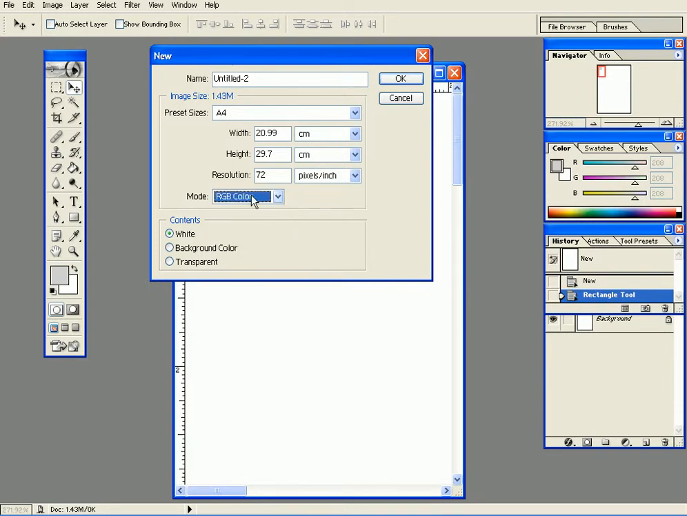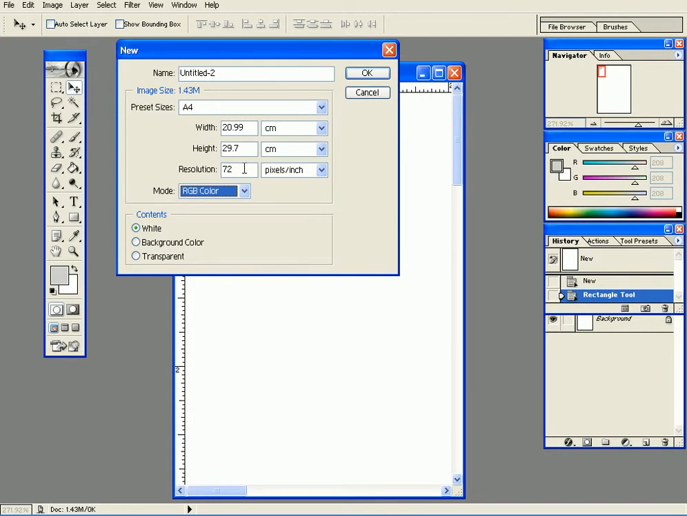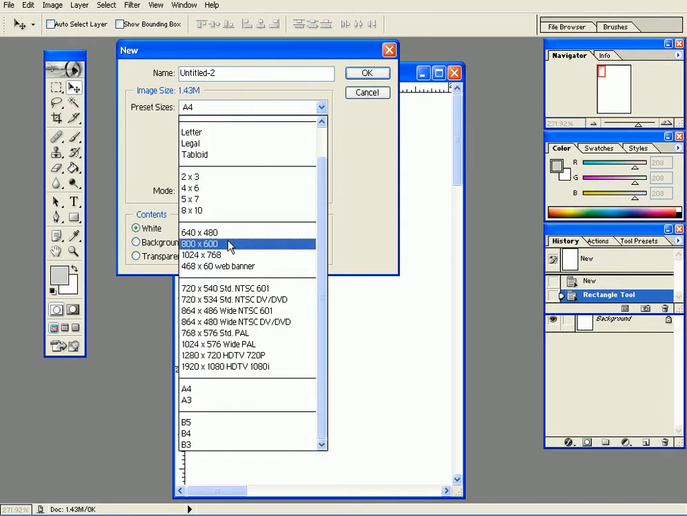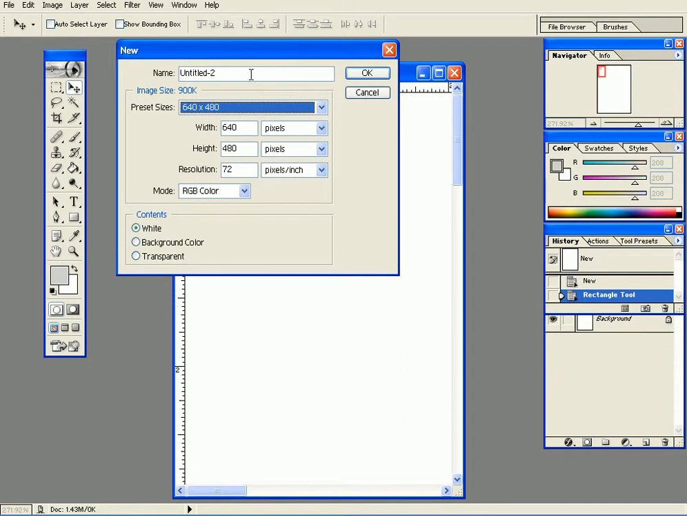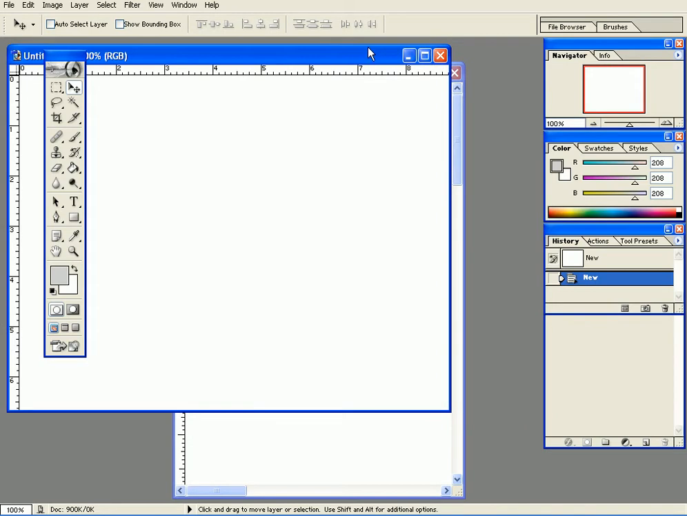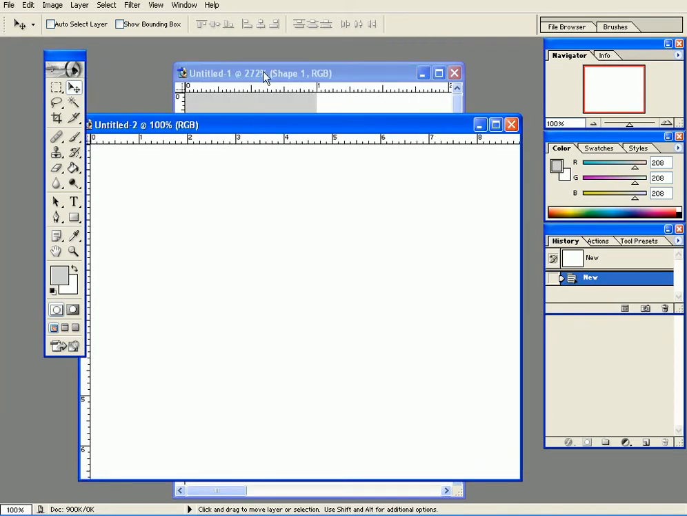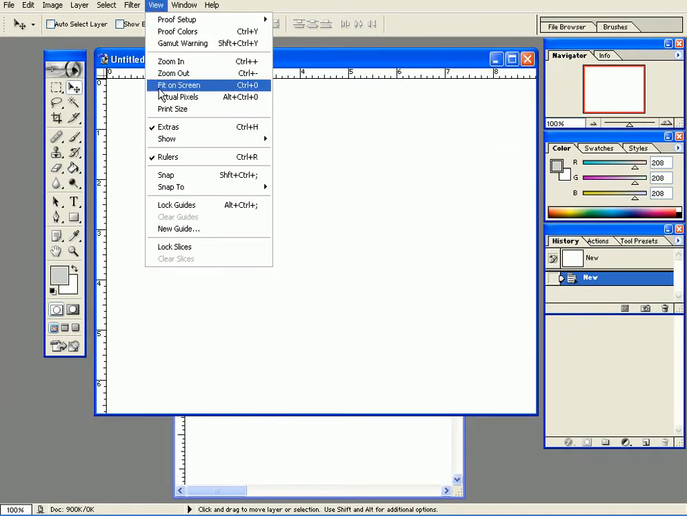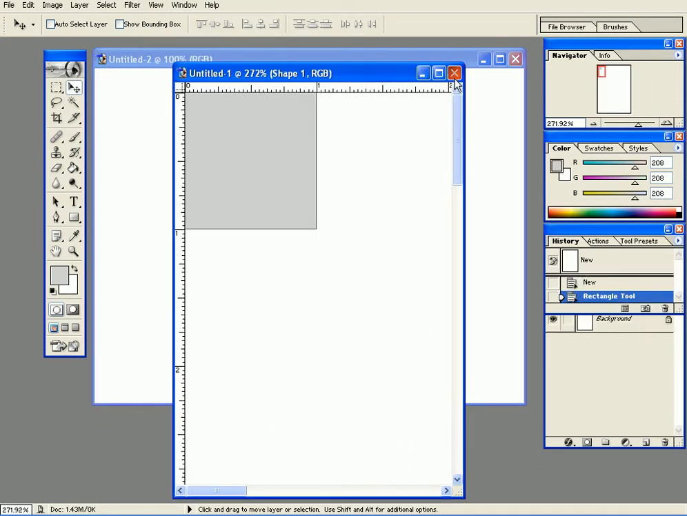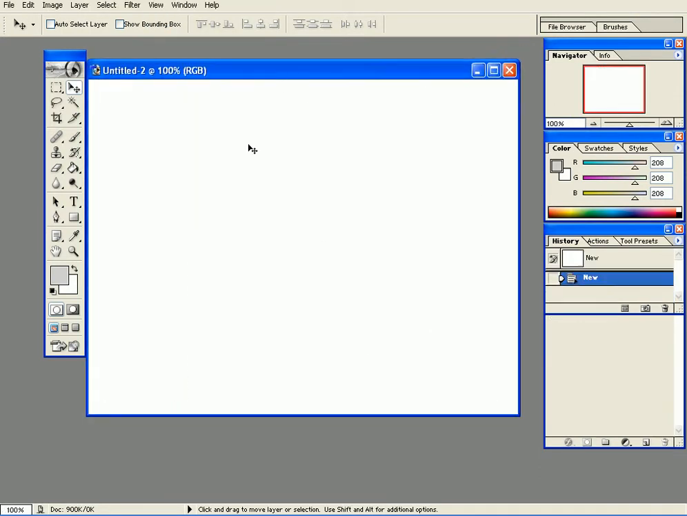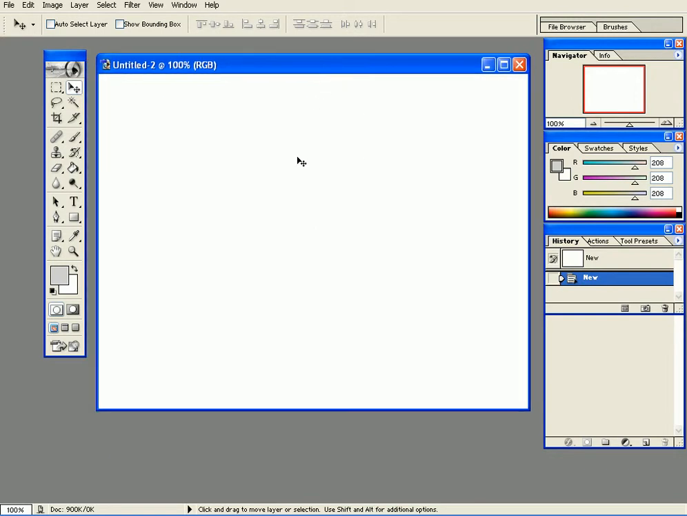And here, the contents, I have white, background color, and transparent. Which means what? Which means if I create a new document, let's say 640 times 480 for now, and if I choose the contents to be white and press OK, let's remove the ruler now because we don't need it at this stage. So view and uncheck ruler. So the content here is white, so I get a white image. If I change the background color to something like red,